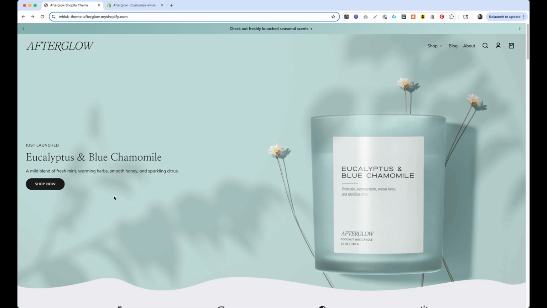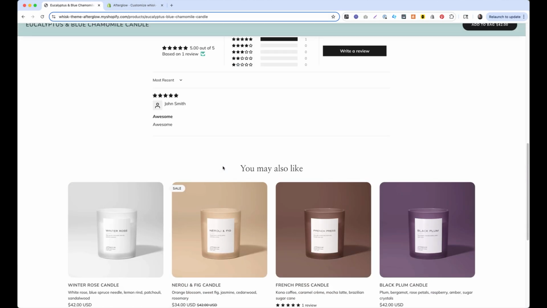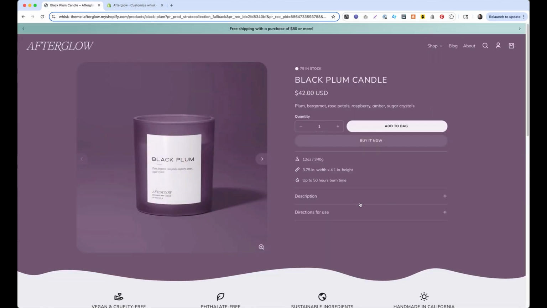with each scent. So I can see if I go now to this eucalyptus and blue chamomile candles product page, I have that same color background that is in the image of the candle. And when I look at another scent, black plum, again, here we're overpowered by this beautiful, dark, plummy purple